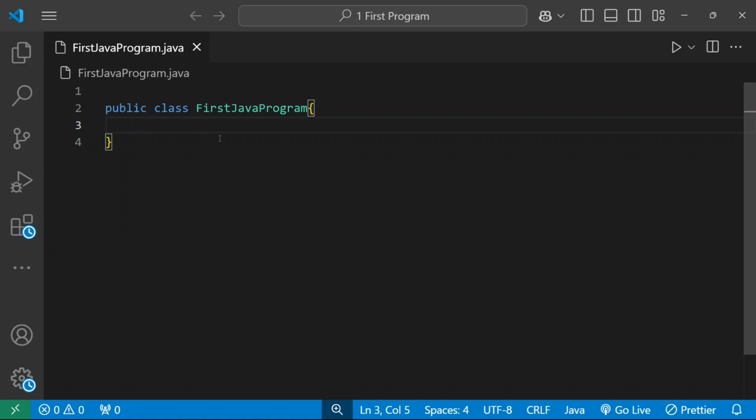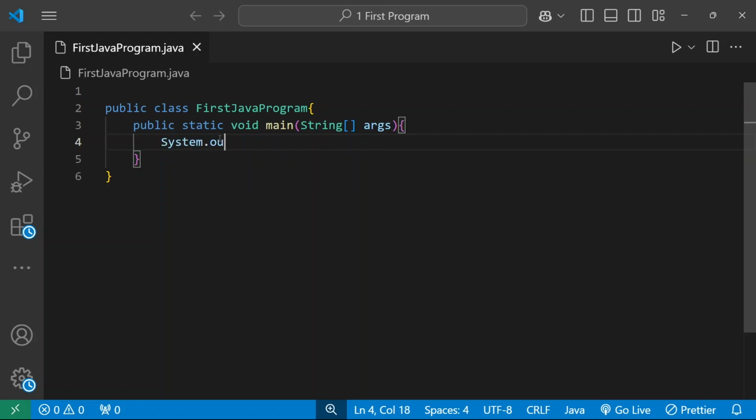So I'm going to create a main method: public static void main(String[] args). And as usual, we'll write a Hello World. When you take any programming language, this will be your first output: System.out.println("Hello World to Java");